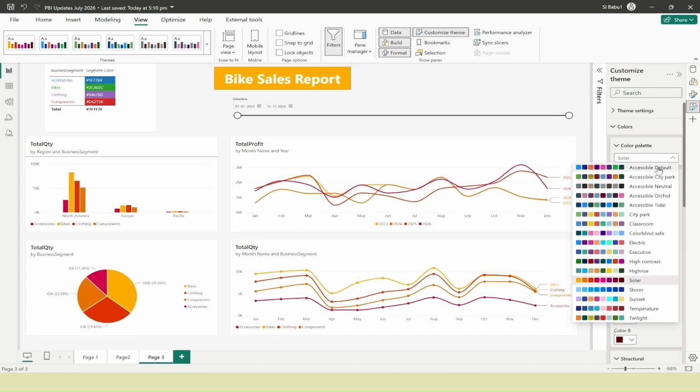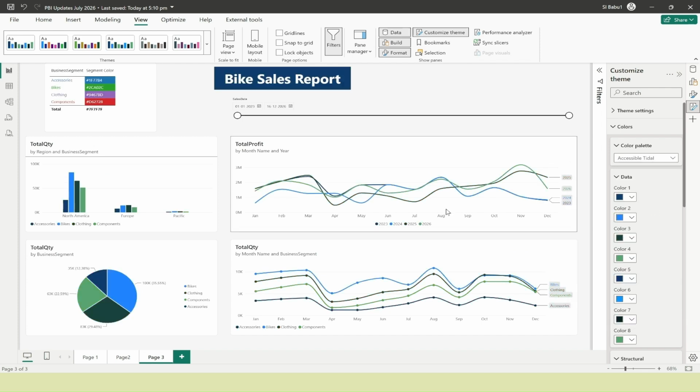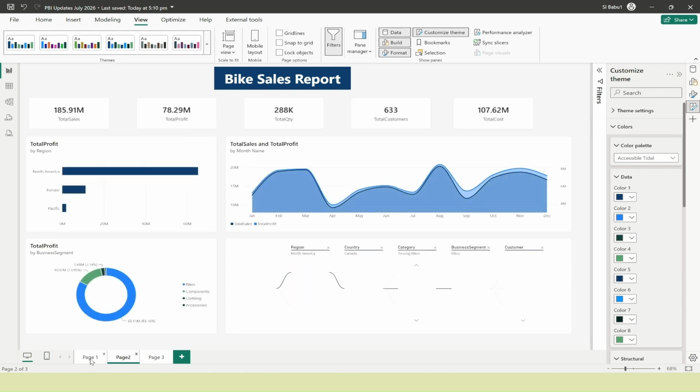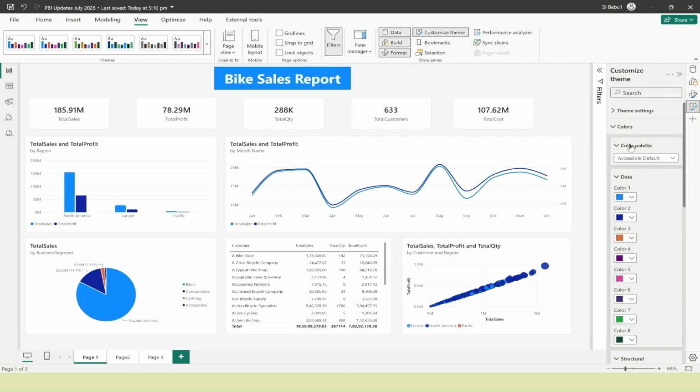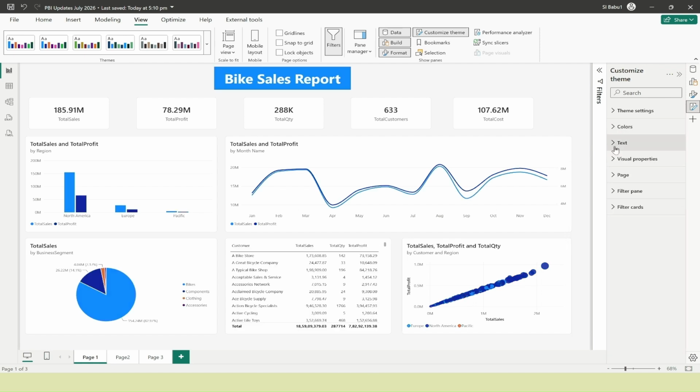Now let's go and check this accessible title. See, now it is changing to this. Now it's changing to this. So this is one thing. If you like these themes, you can use them, or else you can go with the default theme. This is accessible default. Okay. Now let me select accessible default. So now next let's come to the